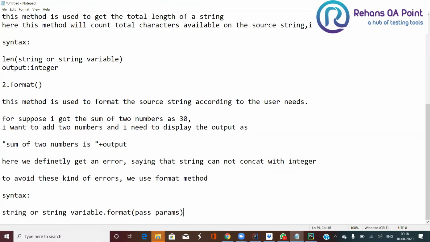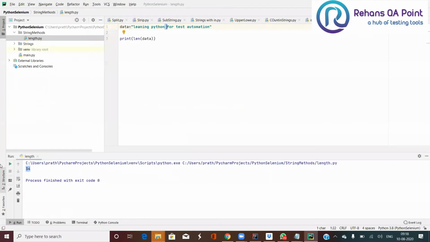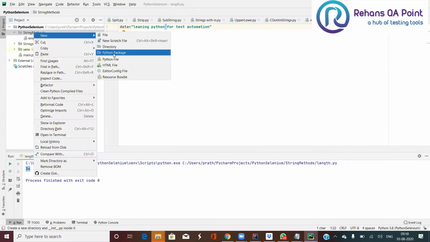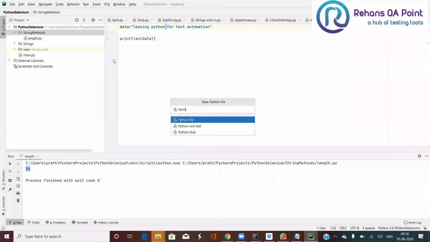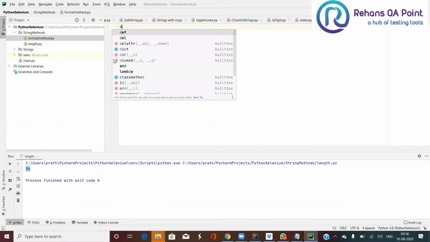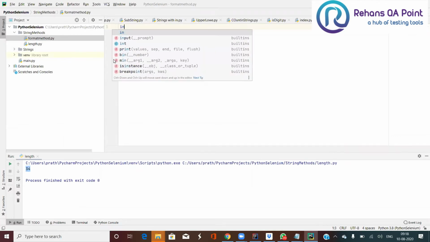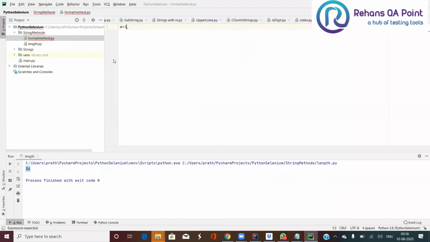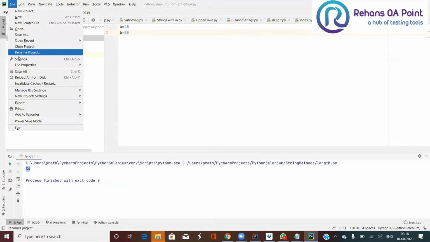So let me show you an example of using this format. Okay, I have A equal to 40. I have B equal to 30. Okay, so let me increase the font size.